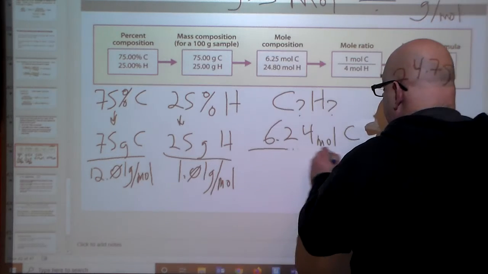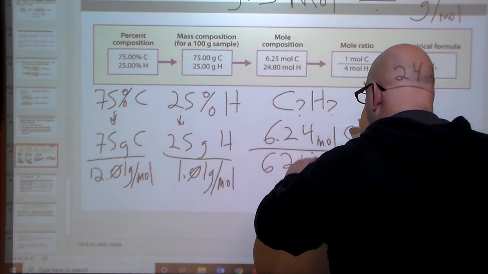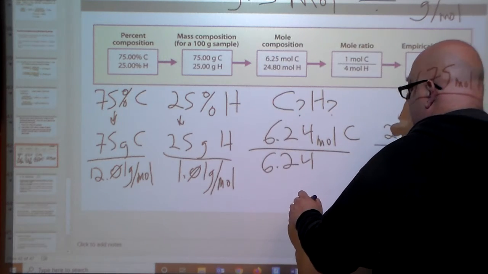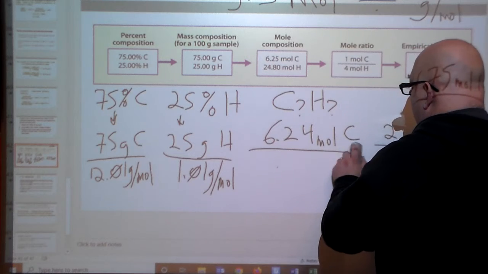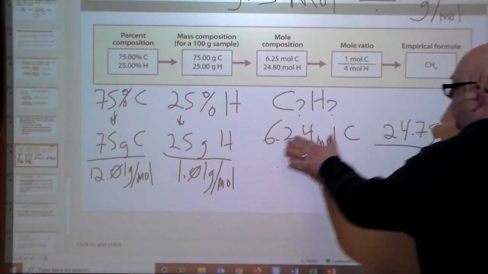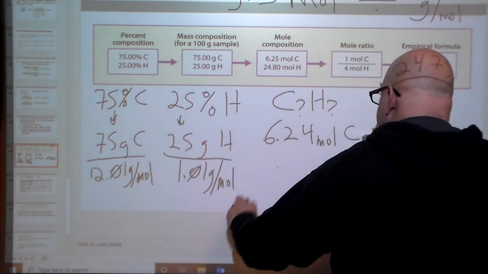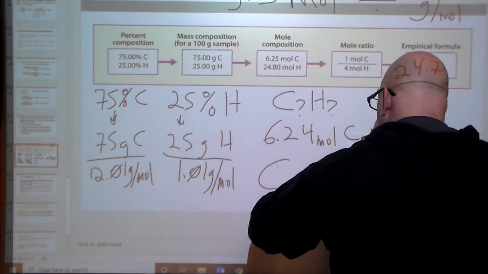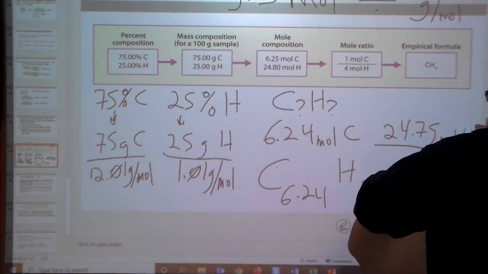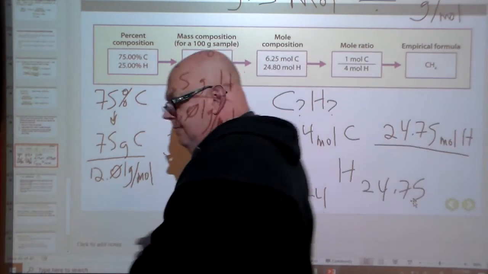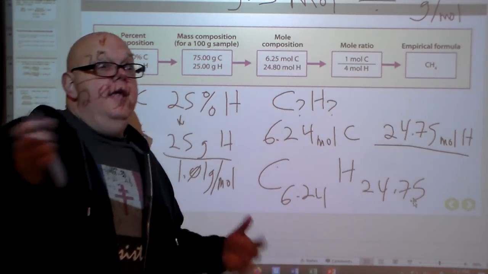Because, ladies and gentlemen, I can make it into 1. Because you see, right now, let me erase this for a second. So, what do I exactly have here? If I wrote up my formula, it's going to be C6.24H24.75. That's what the formula looks like right now, because in this sample,